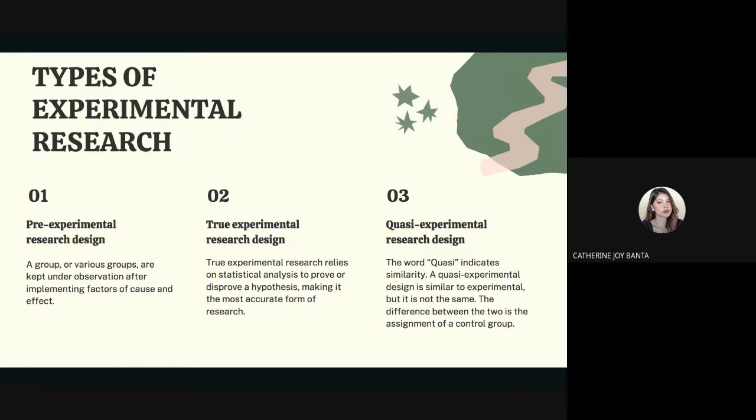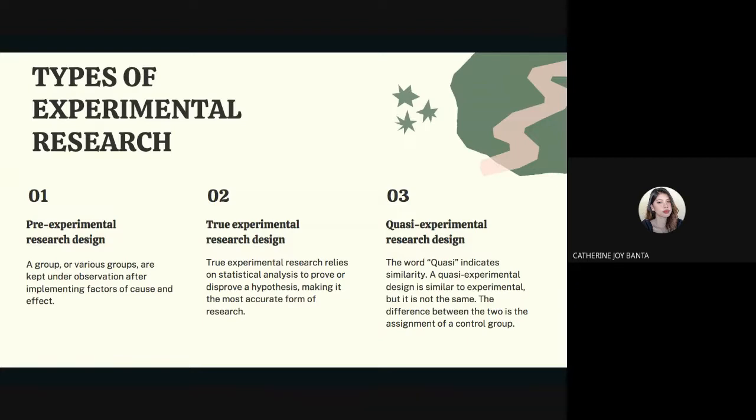So, for true experimental research design, three factors need to be satisfied. First is there is a control group. Then, second is a variable which can be manipulated by the researchers. And lastly is random distribution. This experimental design also commonly occurs in physical sciences. So last is